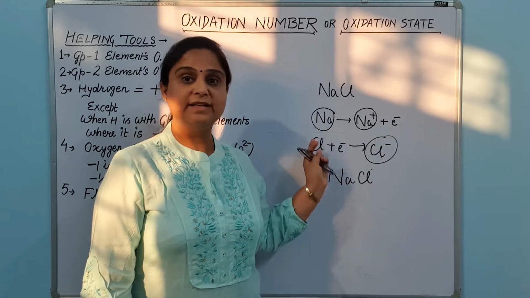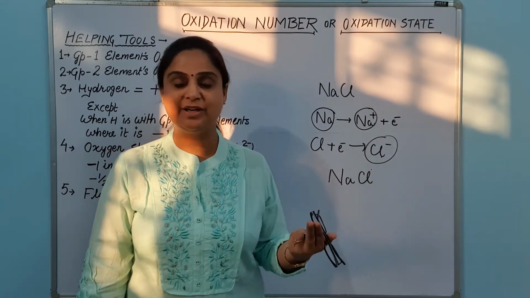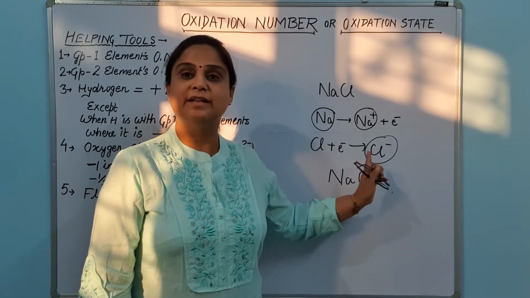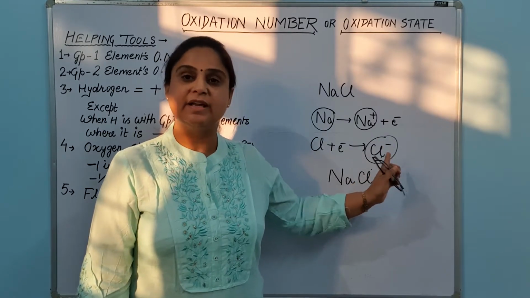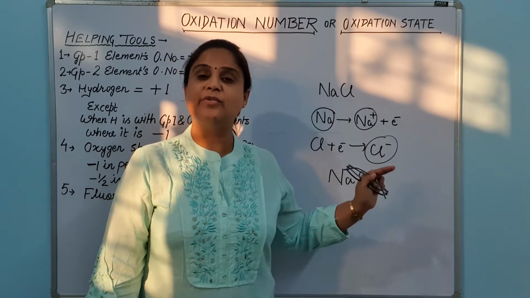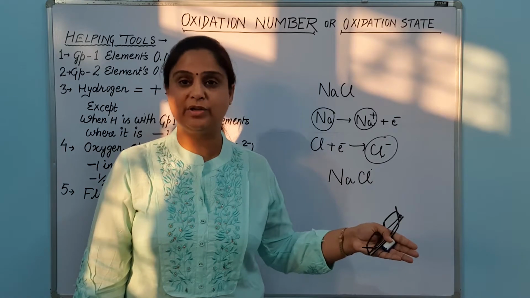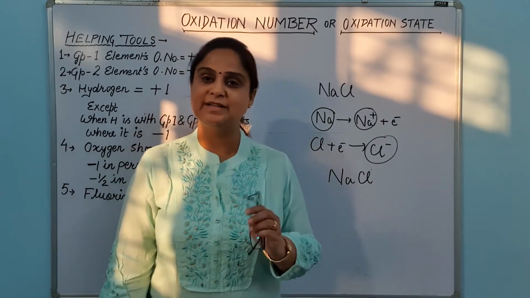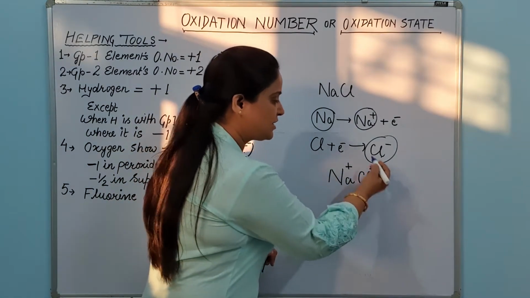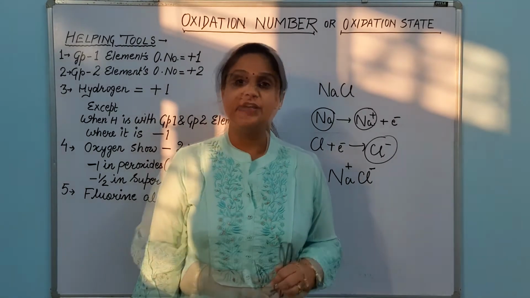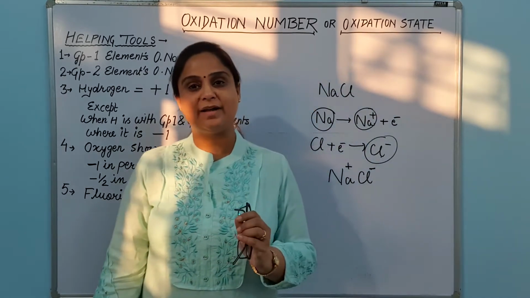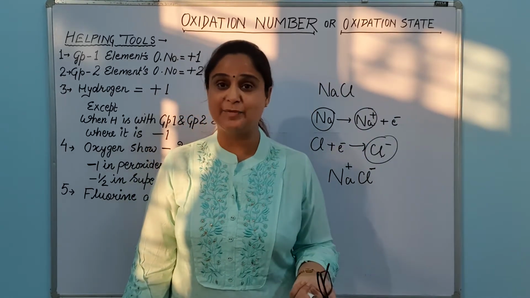Otherwise they were not at this state. They were free atoms and they were not having any kind of charge on them. But when they made this molecule, sodium is in the state of +1 and chlorine is in the state of -1. So this state of an atom in a molecule is called oxidation state of that atom. So here the oxidation state of sodium is +1 and the oxidation state of chlorine is -1. So you can understand one thing here, that in case of ionic compound, the charge on the ion is the oxidation state of that element in that particular compound.